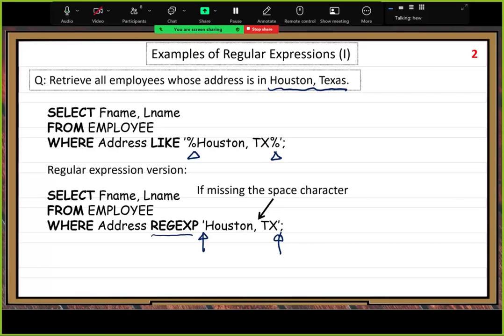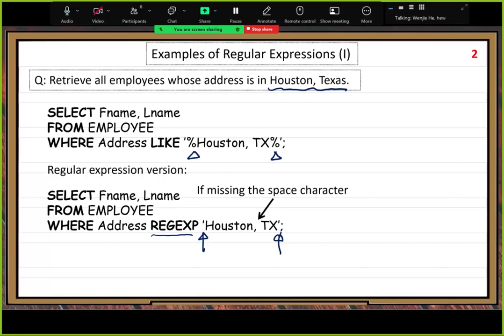Do you want to allow both? For data entry, you would like to accept both cases, right? Because people can understand that address. But the question is,